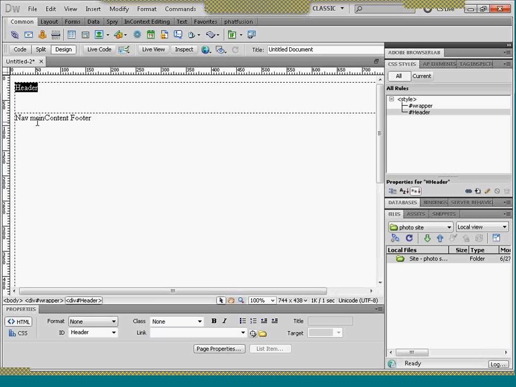The nav on this one, I also want it to be 125 pixels wide by 500 high. Now, why am I picking 500? Because I know that I used 60 for my header, and I'll be using just a bit, 40, for my footer. Again, select the word, copy it,